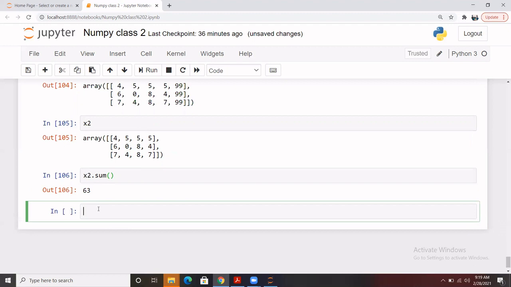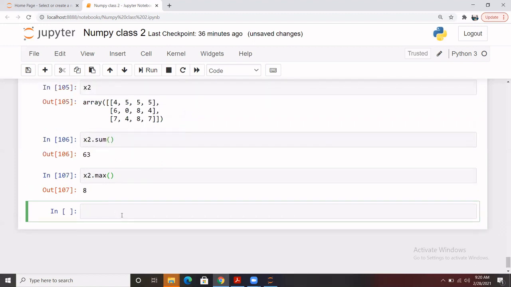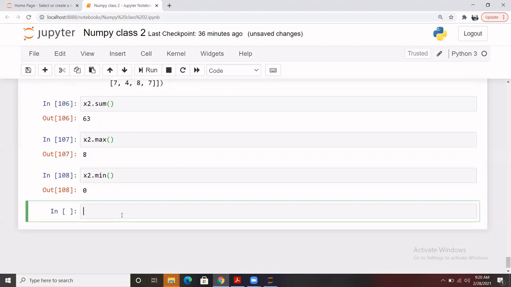And for example, we have to find out the maximum value that we have in x2. So we can simply run the max function, and what is the maximum value? The maximum value is 8. That's what we can see. And the same thing we can apply for the minimum value, and you see that we will have this. So 0 was the minimum value, and for example we need to calculate the mean for this array. Yes, we can do that. That's a quite handy function. Here is the mean. And in case we need the standard deviation as well, we can do it.